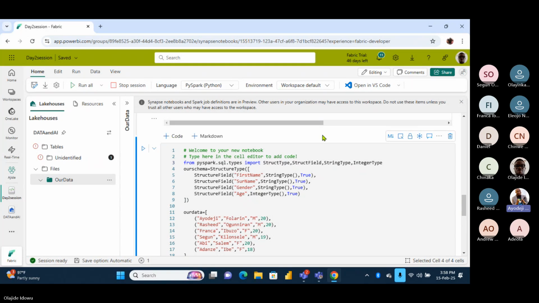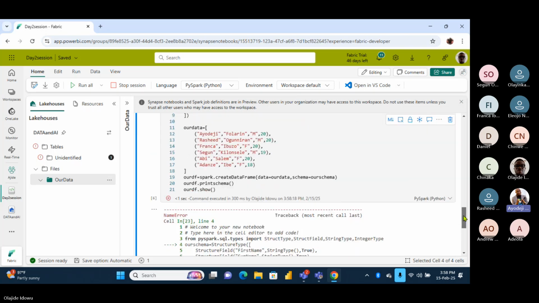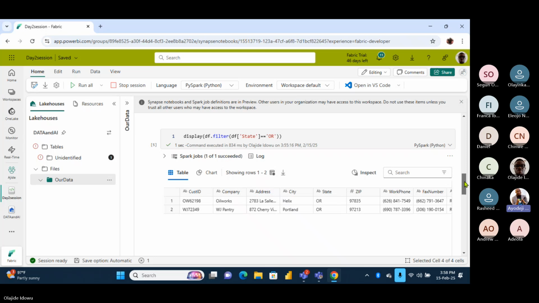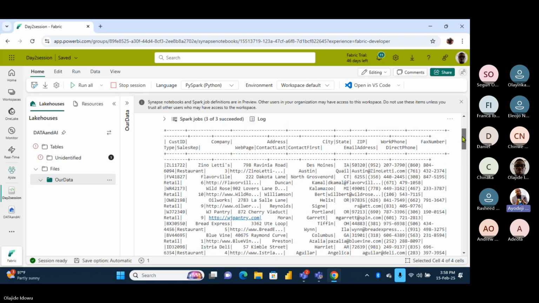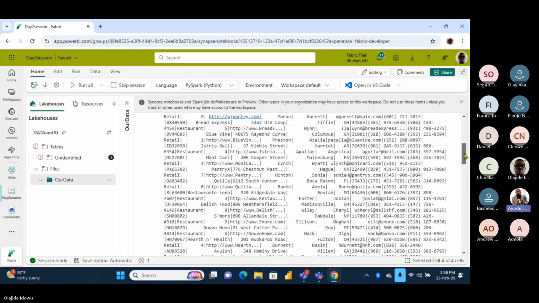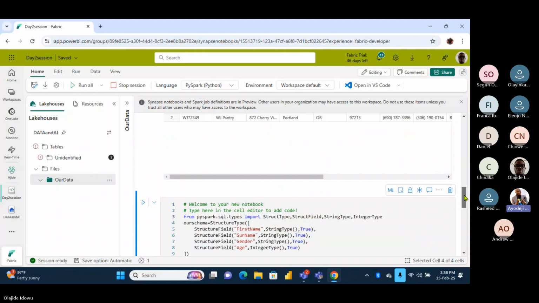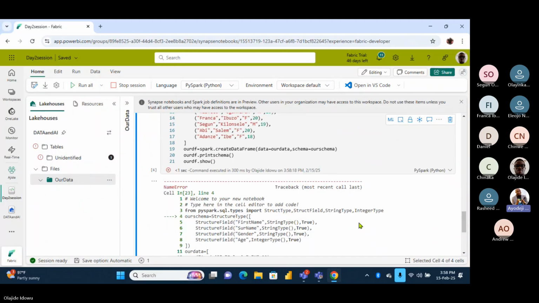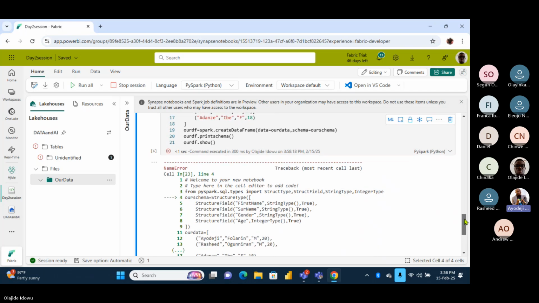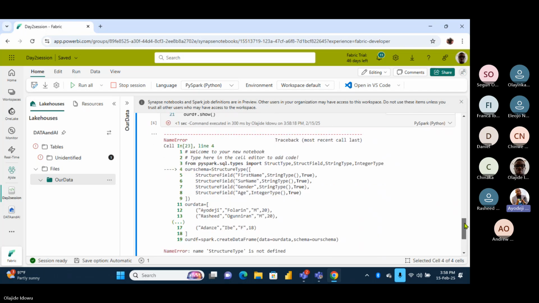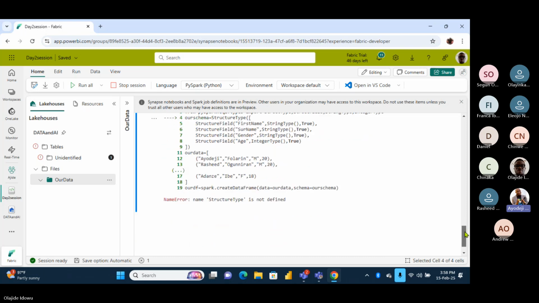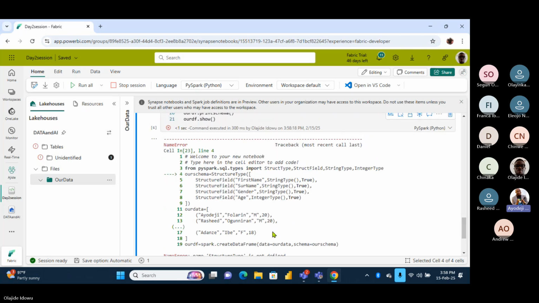I will encourage all of us to go back to our Fabric and set up our own environments. Let's open up our Fabric and set up our own environment. Let us try out some of these things. If you have any question, if you cannot wait till first Saturday in March, drop it on the chat. Somebody that has solved it will come up to help us. So that is that. Are they still giving error?